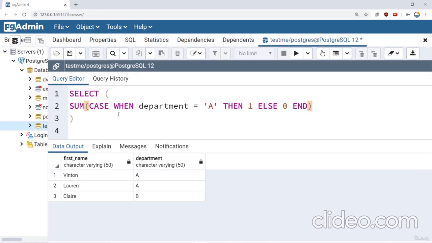So what is that doing? It's just going to essentially count up how many people are in department A. So that should just create an extra column with 1s for the A's and then 0s for the B's. And then what I want to do is sum that up. So essentially, this is going to be equal to 2 since there's 2 A's. And then I'm going to take this. Let's go ahead and make sure our parentheses are okay. So I'm going to take that result